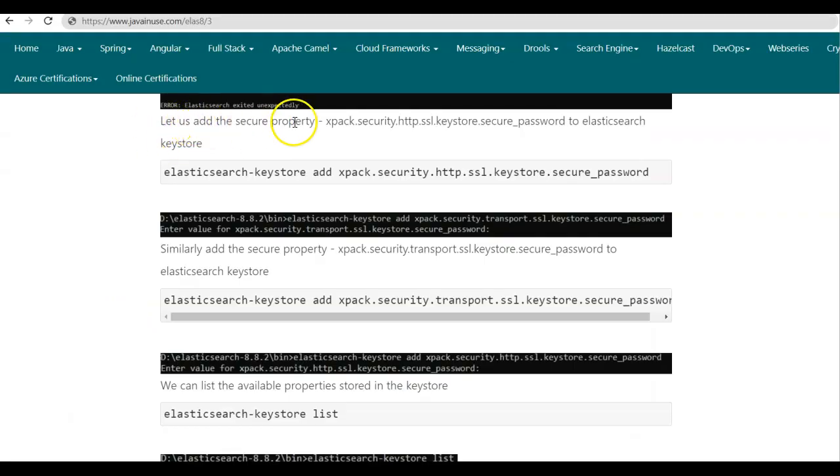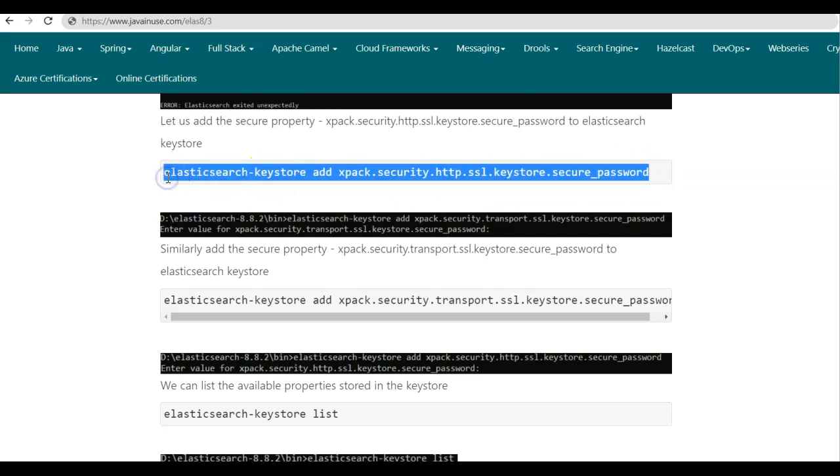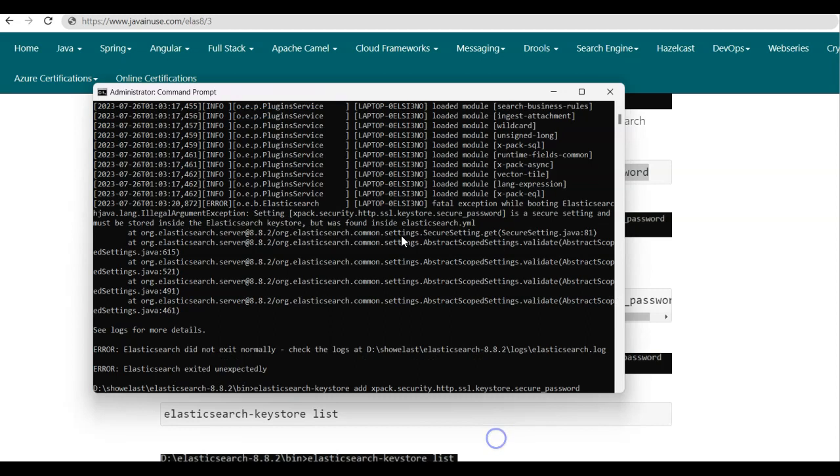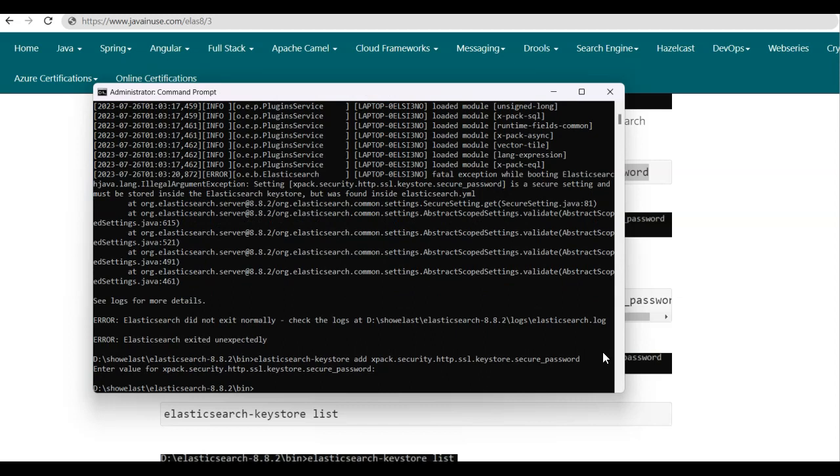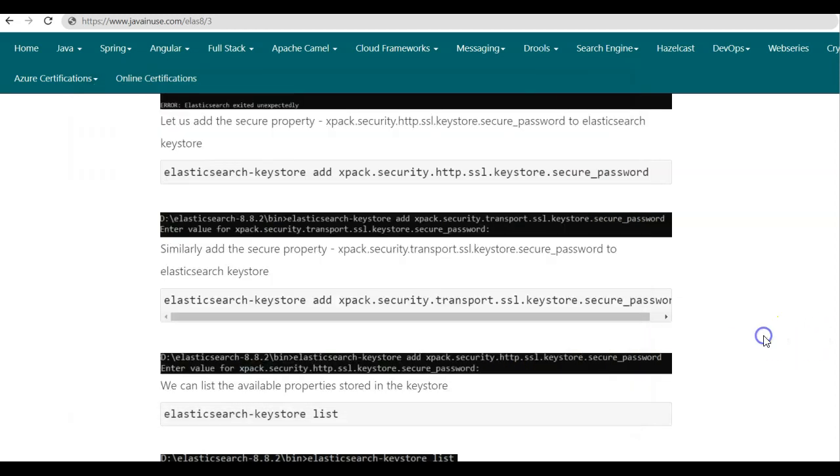Next we'll be moving the secure property xpack.security.http.ssl.keystore.secure_password to the Elasticsearch keystore. We'll be doing this using the command elasticsearch-keystore add and the property name. Copy this, enter, and now we'll have to give the value of this property, which will be javainuse. So this property is stored.